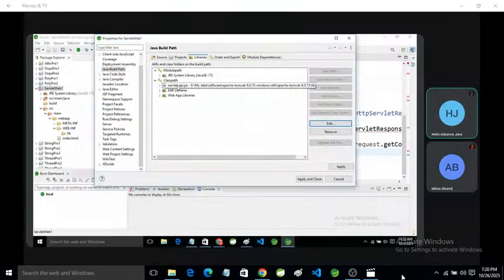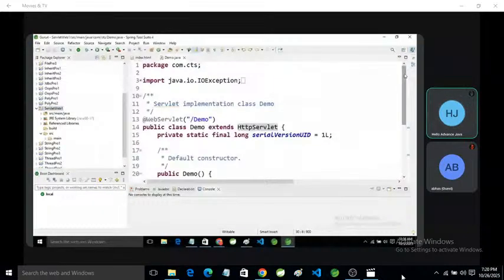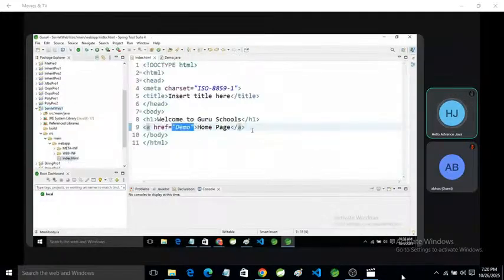You can see Servlet API. This is the location. Click on apply and close, and you can see here that all the errors have been removed. So here we are sending a request from the HTML file. This is the index.html file.